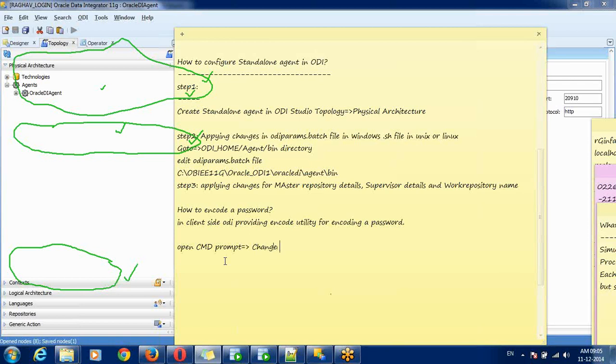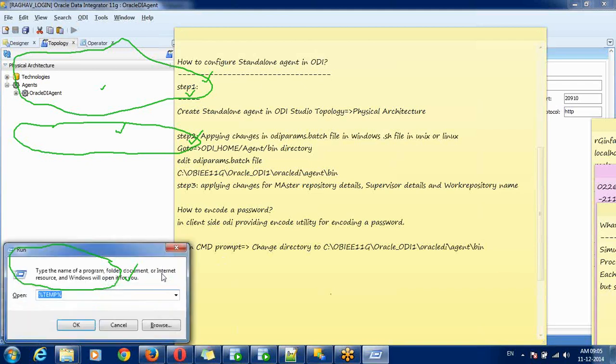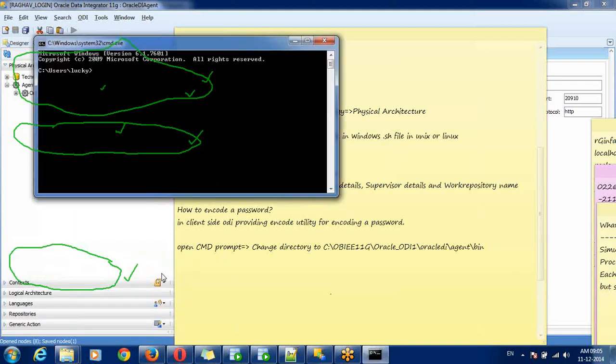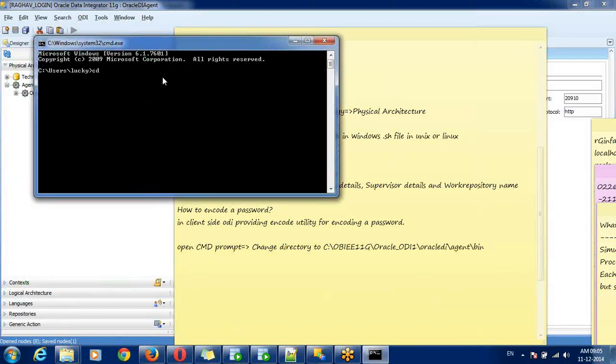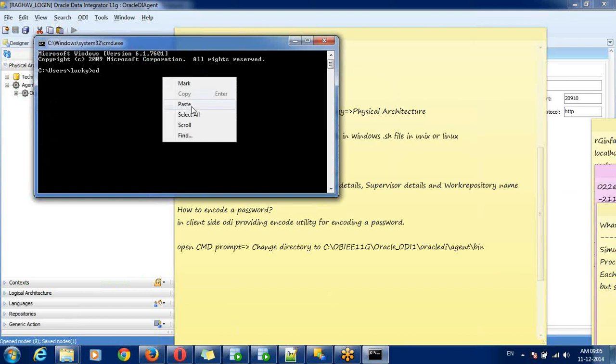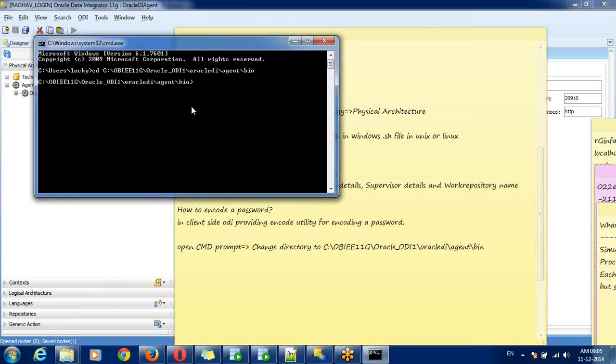Then open command prompt and change directory to your bin folder, that is the agent bin folder.